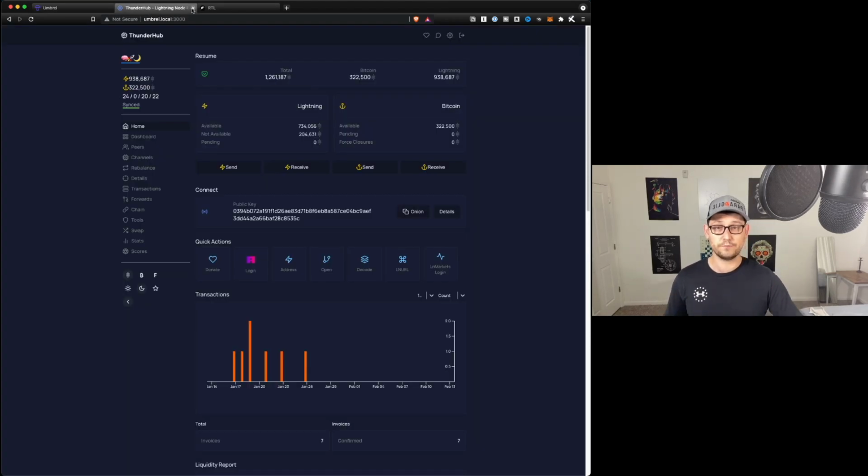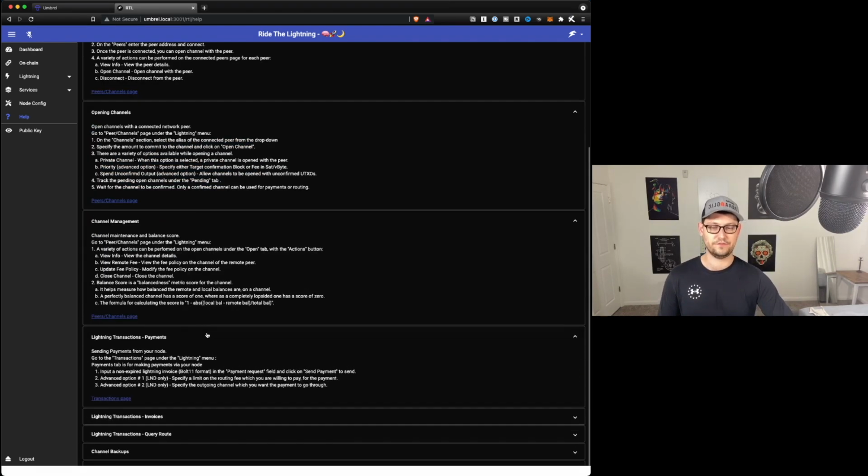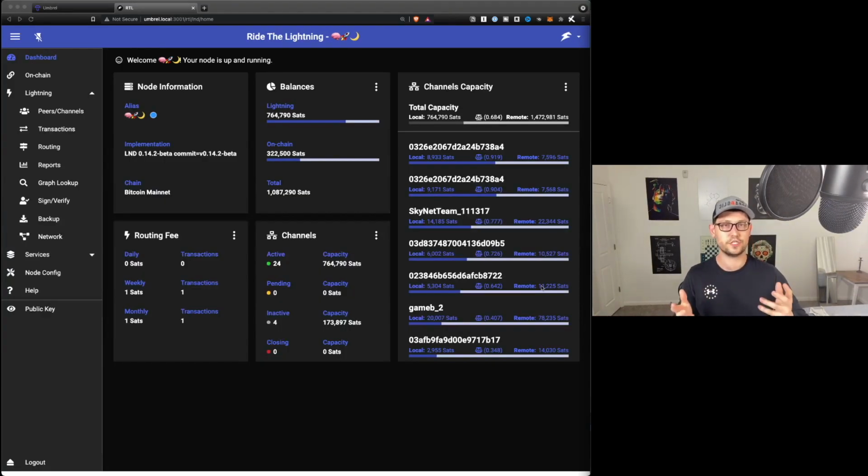Because stuff like ThunderHub does look really good, and Ride the Lightning, the UI is, in my opinion, not as strong as something like ThunderHub. But again, the value is coming from the very quick and easy directions that you're getting from the Ride the Lightning help page. So the first thing you guys are going to see when you log in here is this